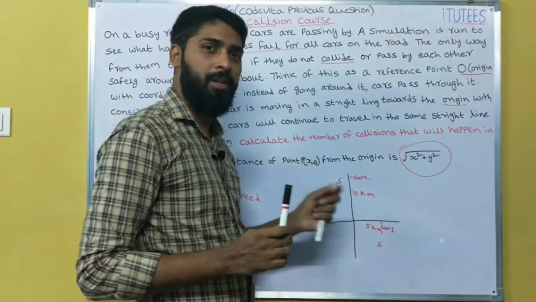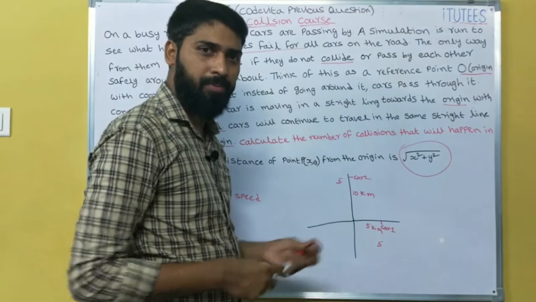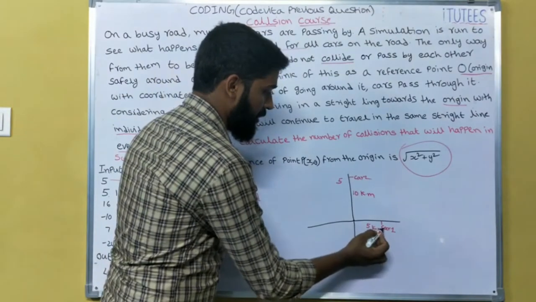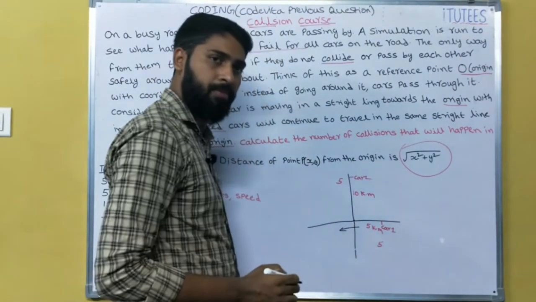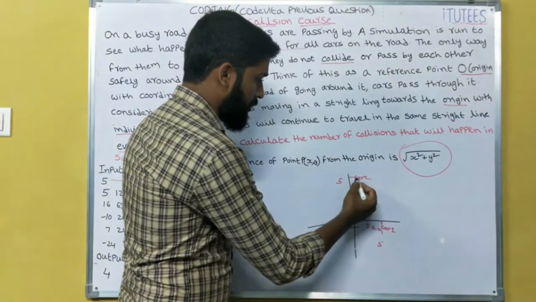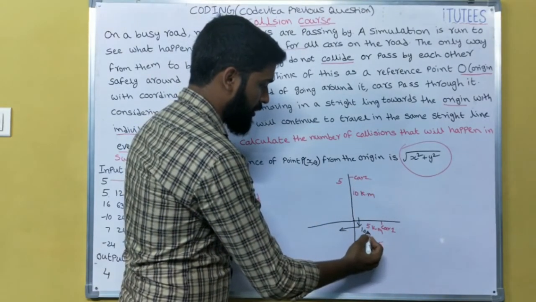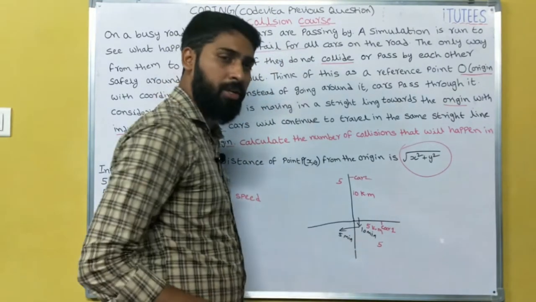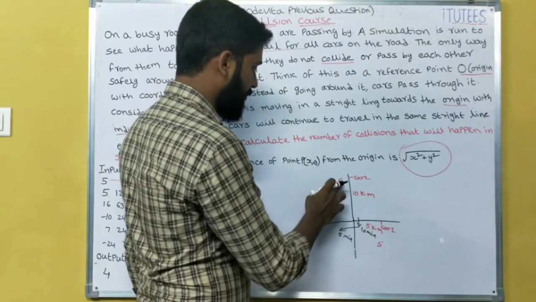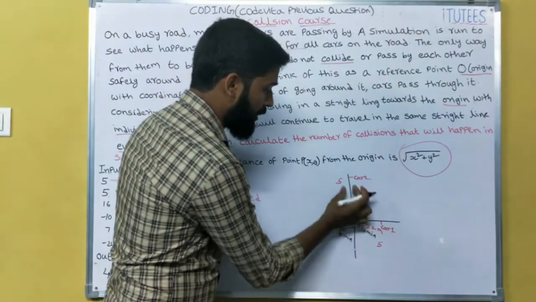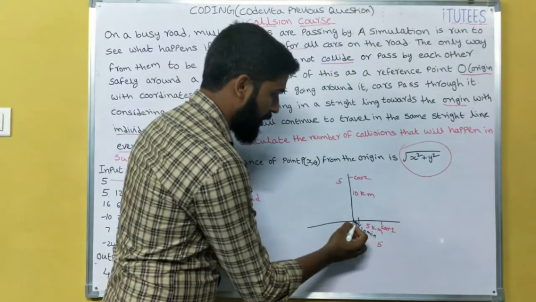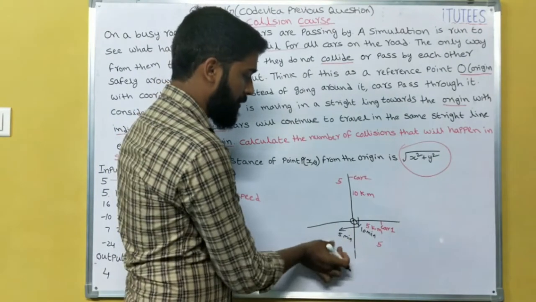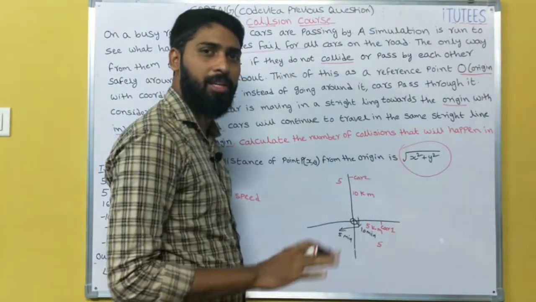Now, does a collision occur or not? The collision does not occur. Why? Because within 5 minutes car 1 passes the origin, and car 2 passes after 10 minutes. Let us assume the units as minutes. So that means the collision does not occur. If both the car times are the same at this point, then a collision occurs. For car 1 it is 5 minutes, for car 2 it is 10 minutes, so we can say that there is no collision.